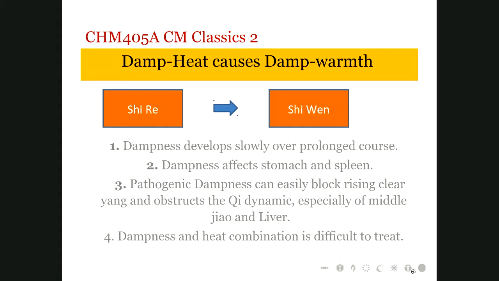Damp is a horrible pathogen in general, like winter in Australia. Australia does not have very cold temperatures in winter, but the dampness present in winter makes people feel much colder, because damp is more yin in nature, and combined with coldness, double yin in nature, will further constrain the qi flow and restrict energy circulation, making you feel so cold. Dampness and heat combination is difficult to treat because damp is very, very yin in nature. They do not like mobility, they do not like to leave, they enjoy staying in the spots where they are located.